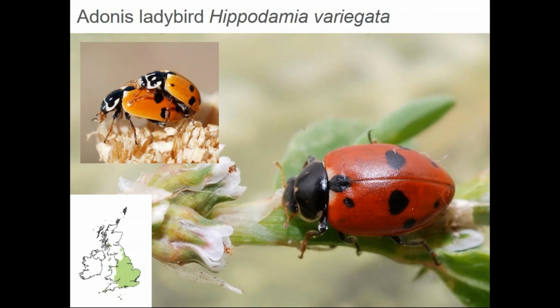But if you take a look again at that pronotum, you'll see it's got a very distinctive pattern, and often with those little white eye spot markings, if you like, on either side. And that's very characteristic, the sort of pronotum pattern of Hippodamia. It's quite a common species across the UK. It favours warmer habitats, and can be found on the shingle around quarries, for instance, or around the